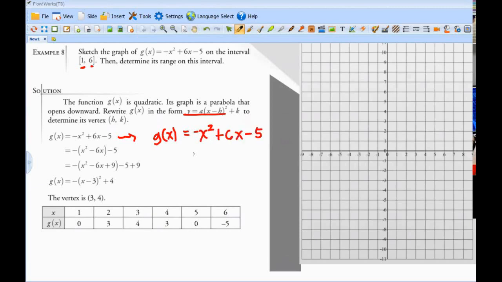So we will factor out the negative. So we will bring it out. The negative of this will become negative outside. And at the same time,